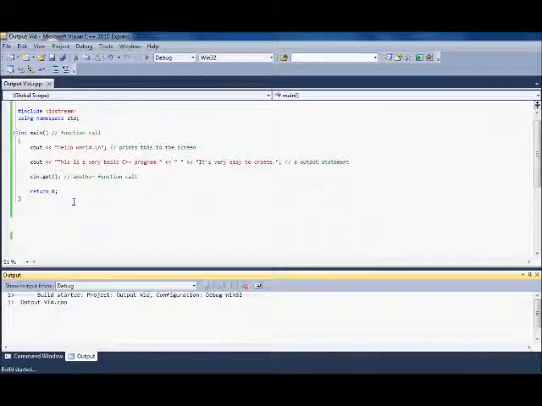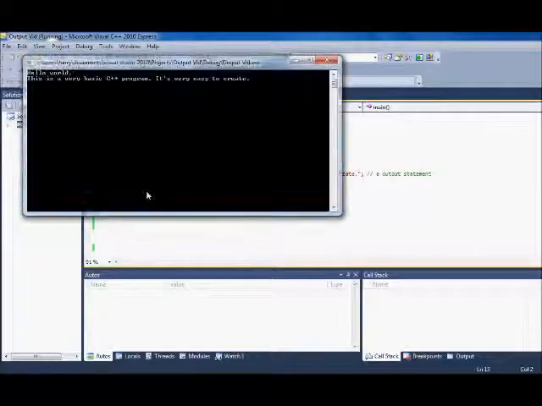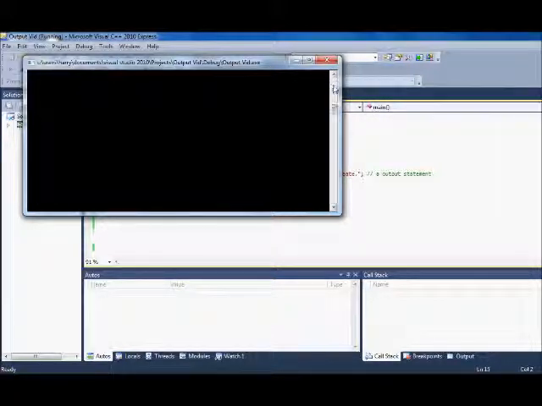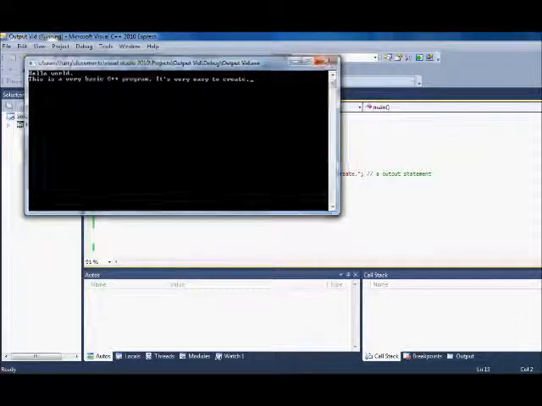Okay. Next line, the cin dot get, with the two brackets. So basically another function call. This waits till the user presses enter before the program ends. If I didn't have this, the program would run